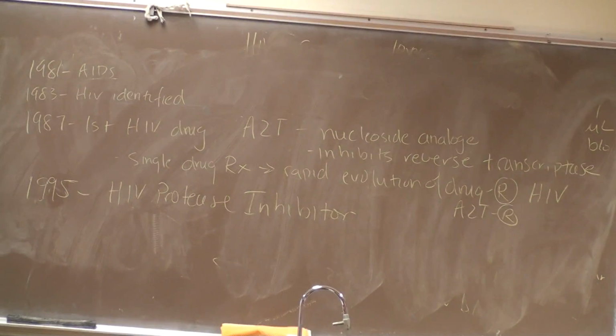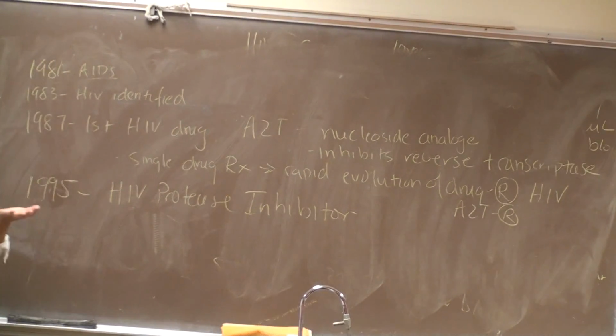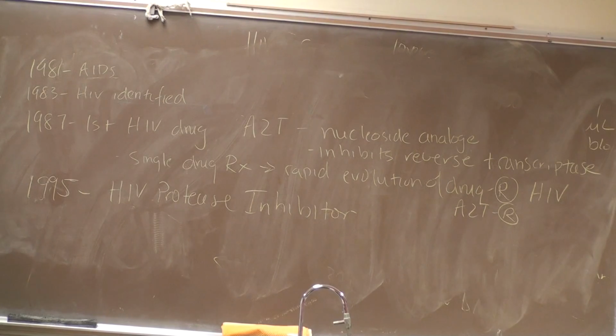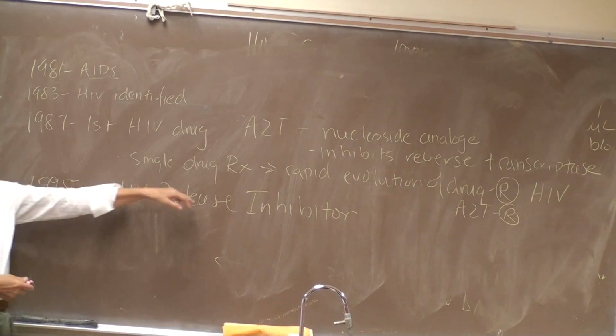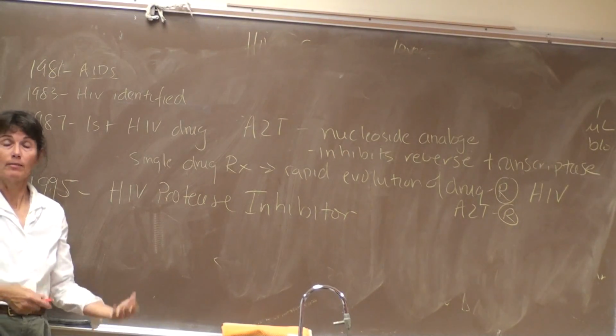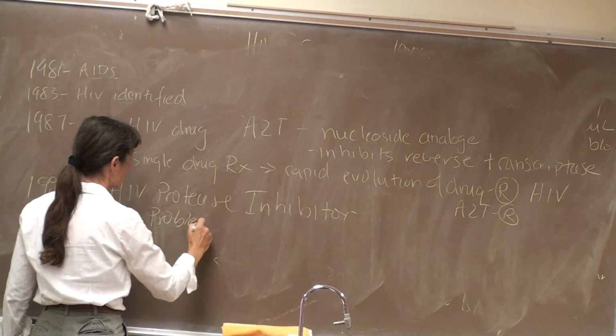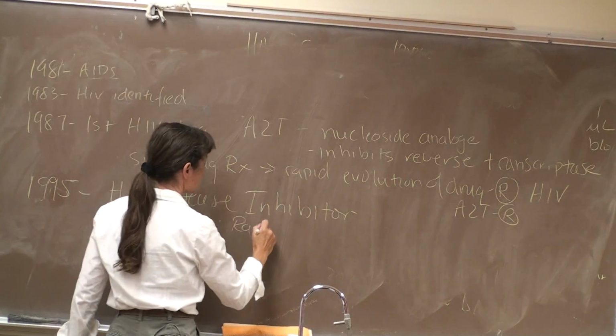Resistant to drug A. And then you give the person drug B. Well, it's the same probability of getting evolution. If your HIV are already resistant to AZT, it's the same probability that with a mutation they're going to become resistant to the protease inhibitors. Okay, so the same problem. So problem, same thing, we get rapid resistance